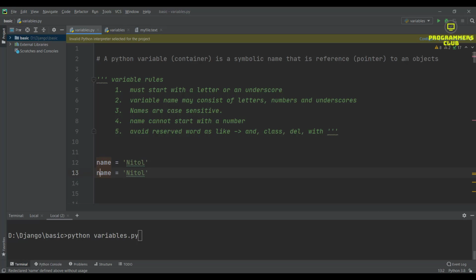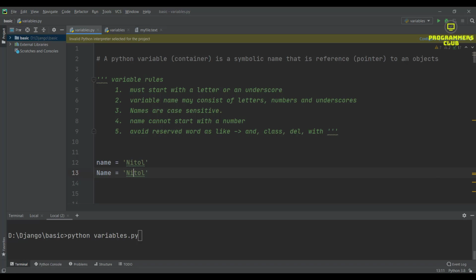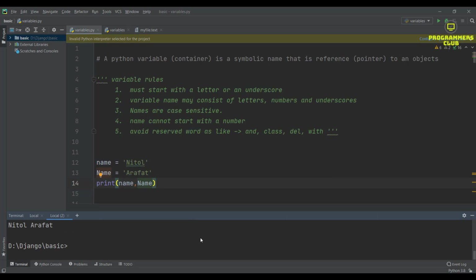If I take another variable whose name is uppercase and change its value, now I type a print statement with name and the uppercase NAME. Now I print that. Yes, I can see here name is this, and uppercase NAME is Arafat.